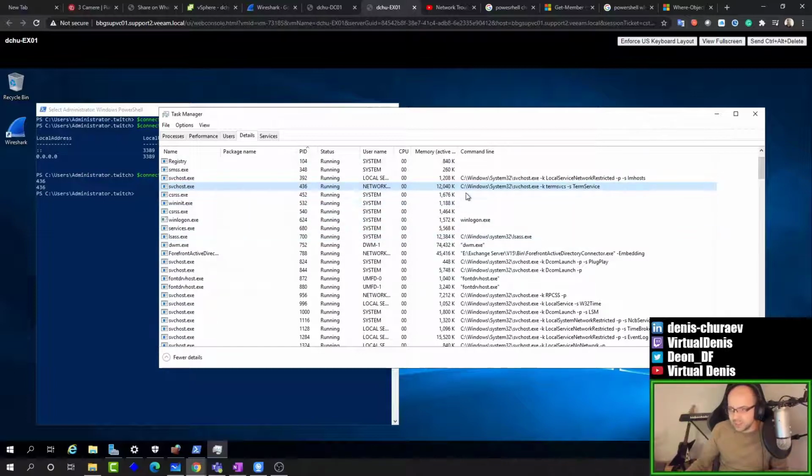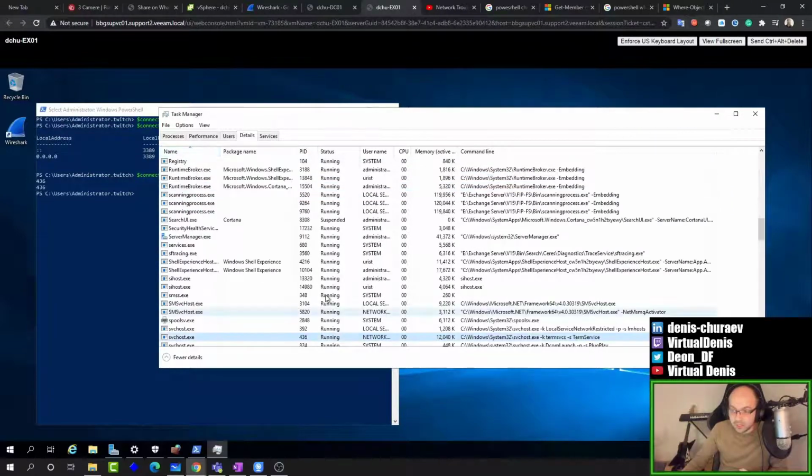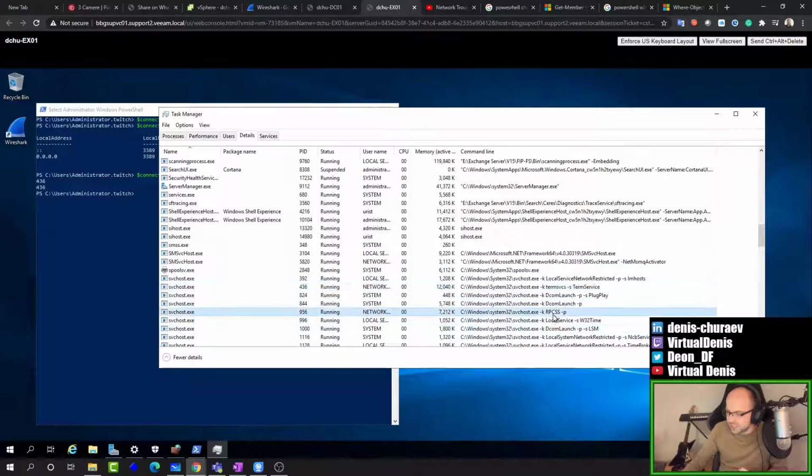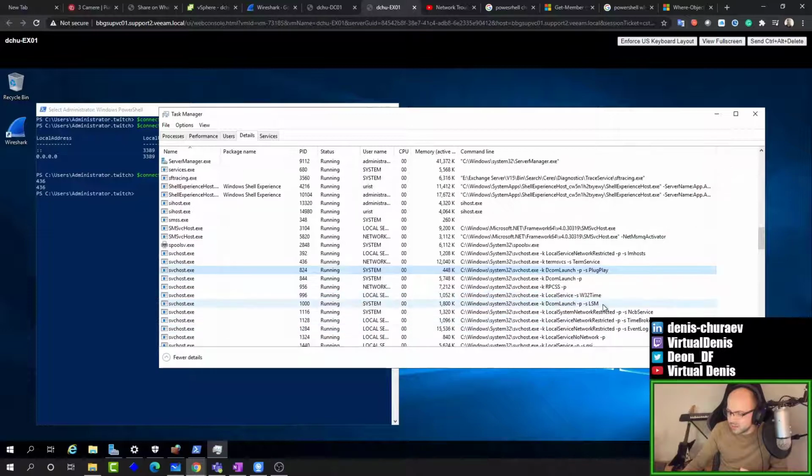This is a cheating method. Basically, you're not supposed to look there most of the time. I mean, nobody checks it often, but how can you peek into svchost? For comparison, if you look at other svchost processes, you can see this is the RPC service, this is the DCOM service, this is Windows Time, this is Event Viewer, this is Time Broker. So theoretically, you're not supposed to know which service it is, but if you look at the command line,